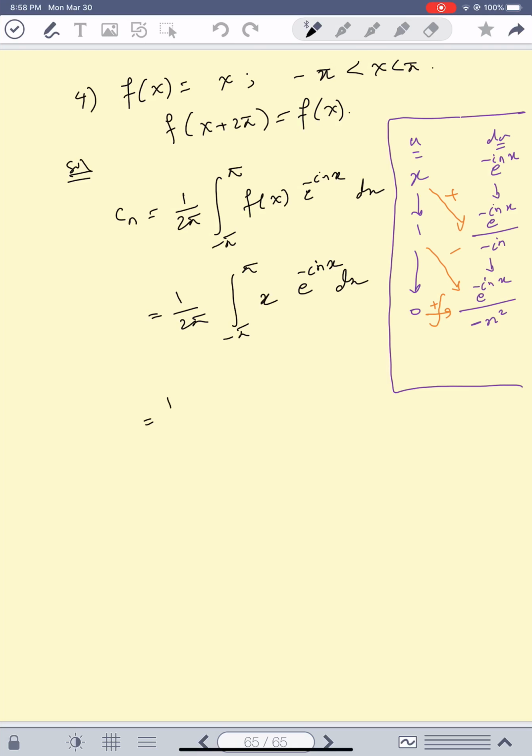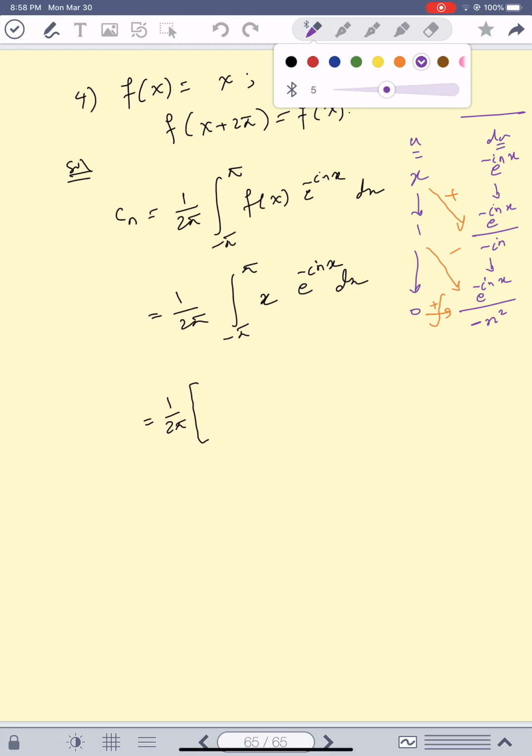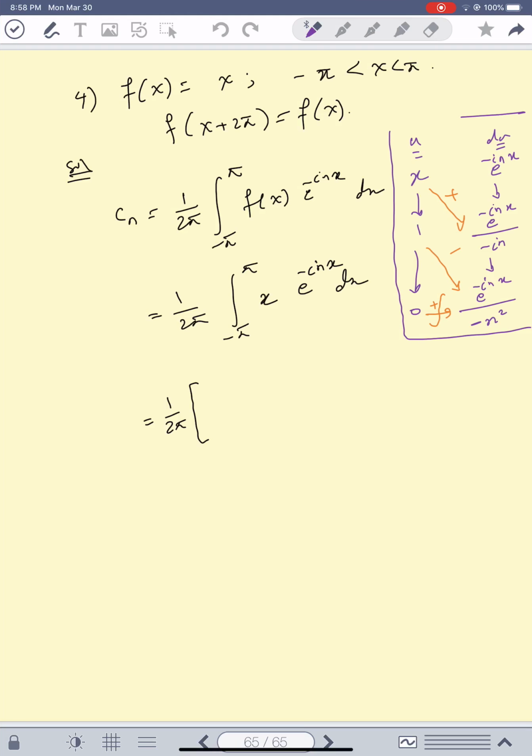It is 1 over 2 pi times, you copy that integral, so it's minus x e to the minus I n x over I n, then plus e to the minus I n x over n square from negative pi to pi. And now you substitute. This is 1 over 2 pi times, when you substitute the pi, you get minus pi